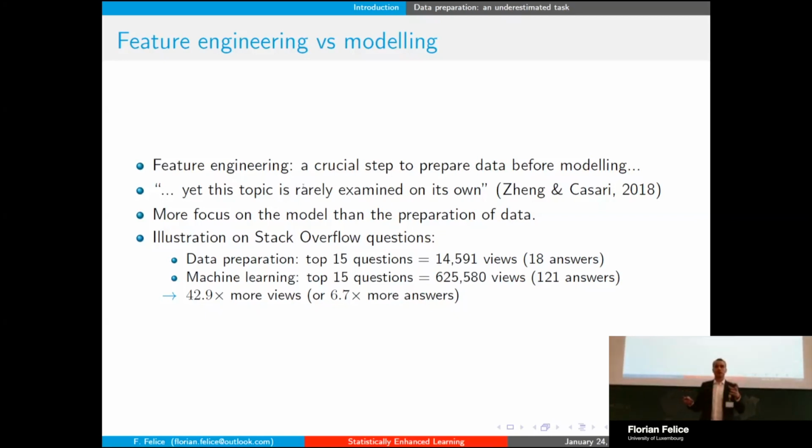And just for the anecdote, I tried data preparation, which is the keyword that gave me the most views, because if I look for feature engineering or specific keywords in feature engineering, the number of views goes drastically down. So this illustrates how practitioners are looking into modeling and data preparation, but it also translates in the literature. Most of the focus is put on the modeling.